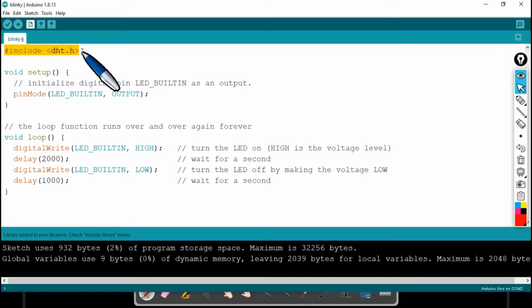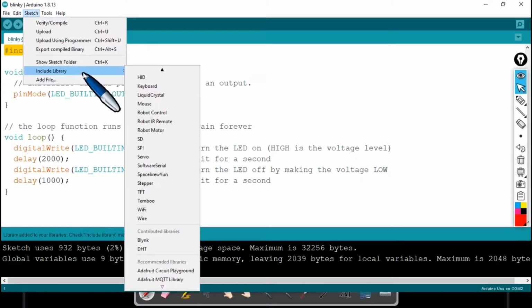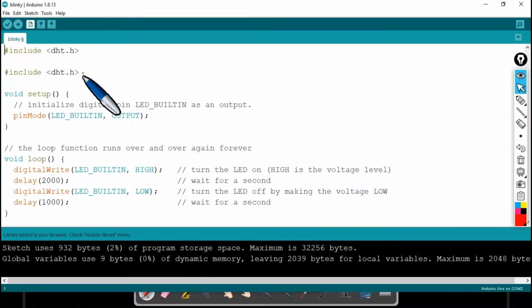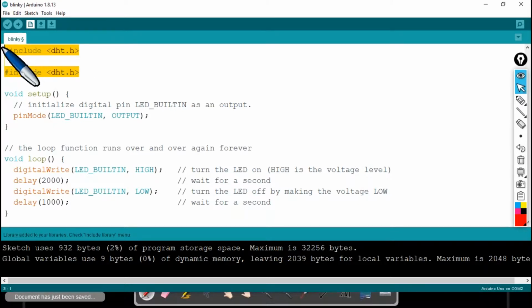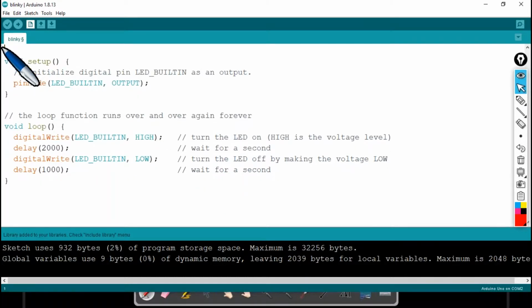So if I want to make use of any function that is present under the DHT library, all I got to do is go to Sketch, Include Library, and hit on this DHT. So you can see that it has been written twice. That's how we can include any unknown libraries.